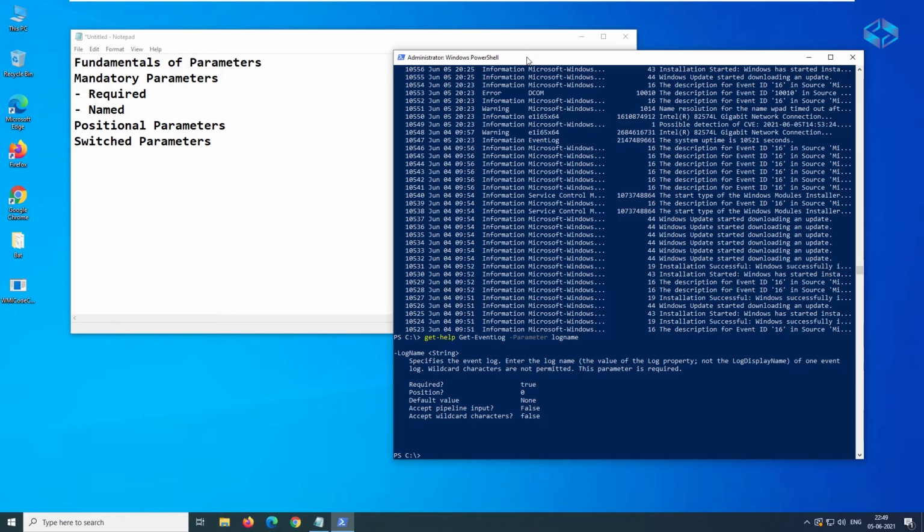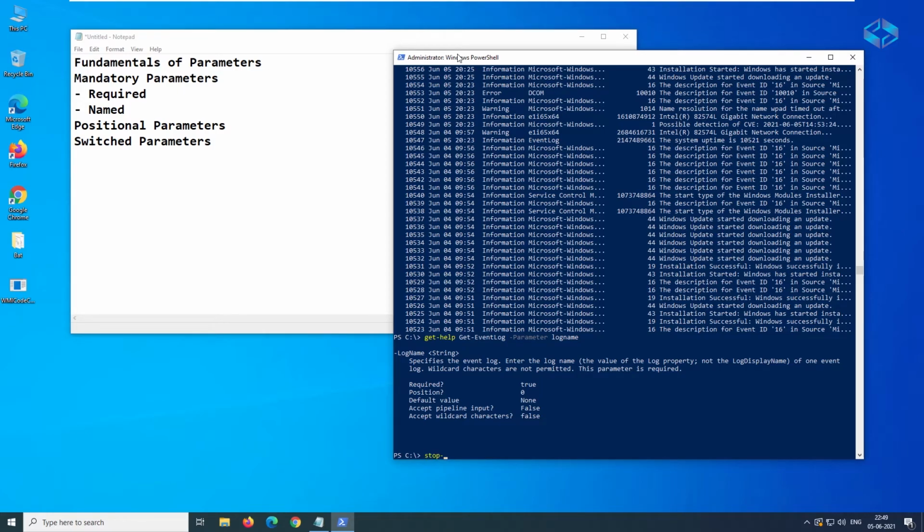Now lastly we talk about switch parameters. A switch parameter is nothing but one where it is not needed to give any input, or it has a default value, or you do not need to specify any specific input value. In a simple way, without any input, it will work. So now I think we can take as an example what we have used previously.